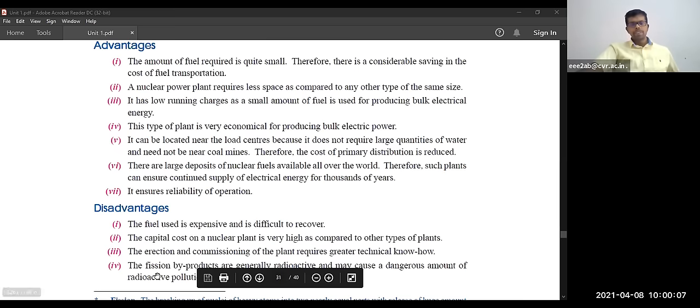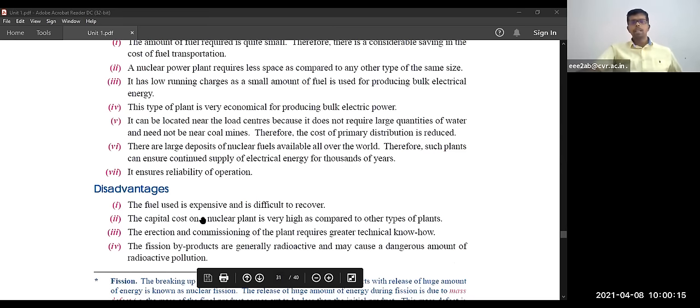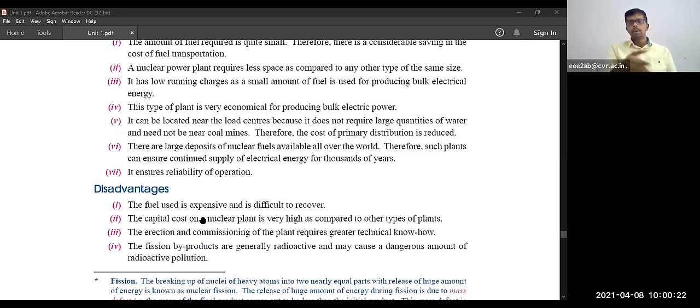And if you see fission, the fission byproducts are generally radioactive and may cause a dangerous amount of radioactive pollution. After fission, the byproducts are there, like krypton and barium particles and all that. Those particles are byproducts. Those products we have to safely